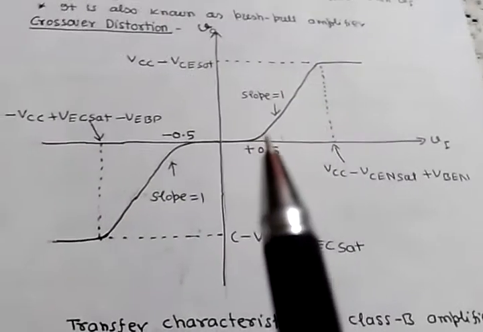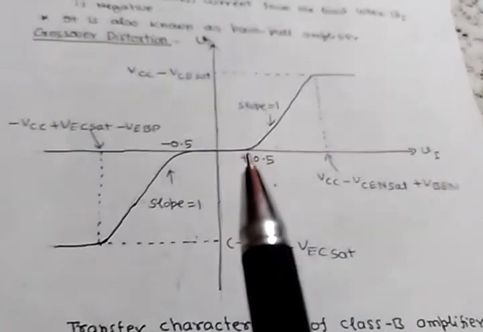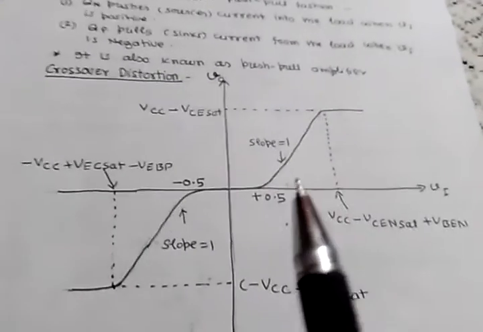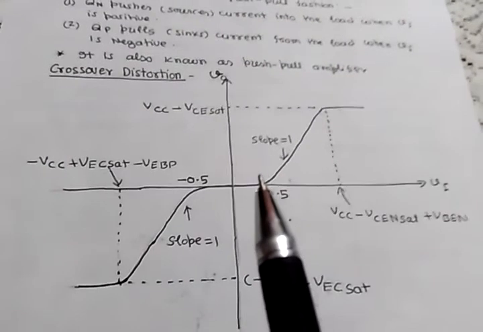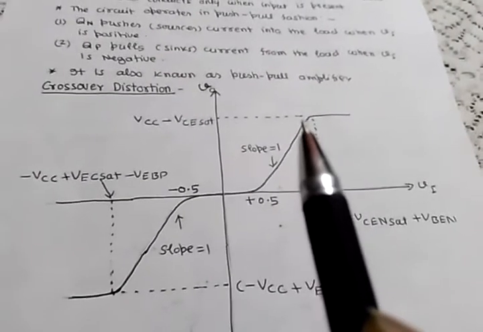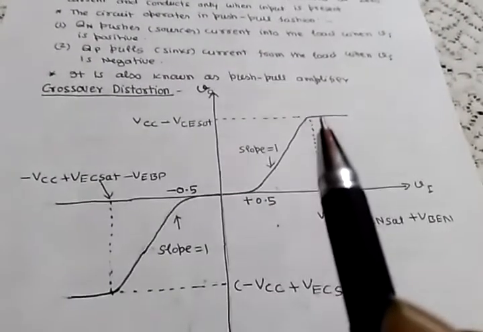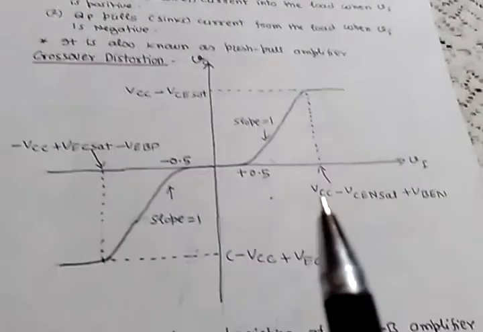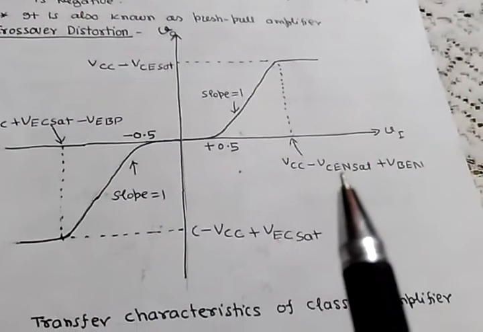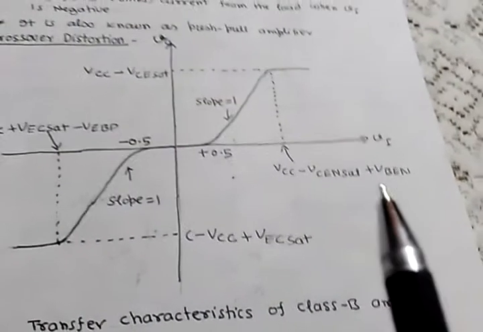And when the input signal is greater than 0.5 volt in the positive direction, the output increases linearly, and we will get a constant output when the input signal becomes VCC minus VCE n saturation plus